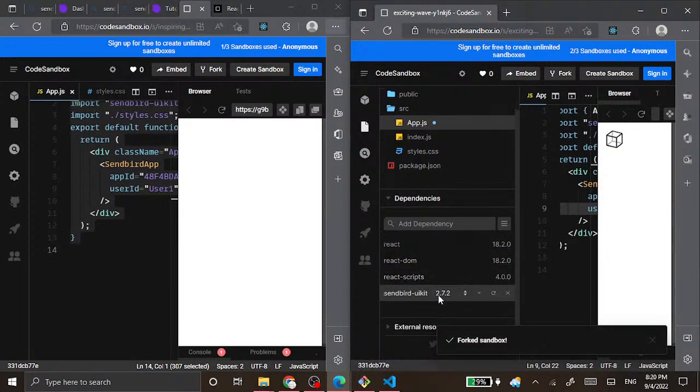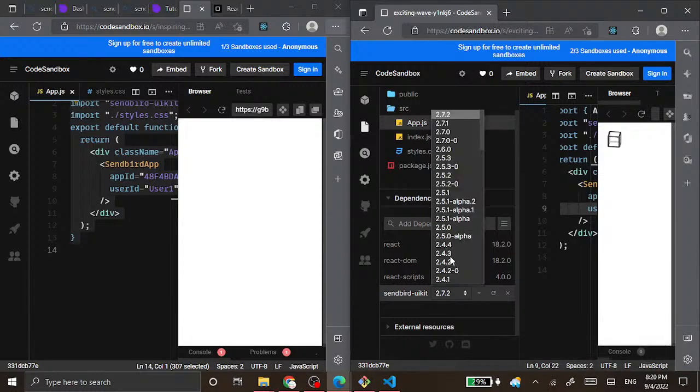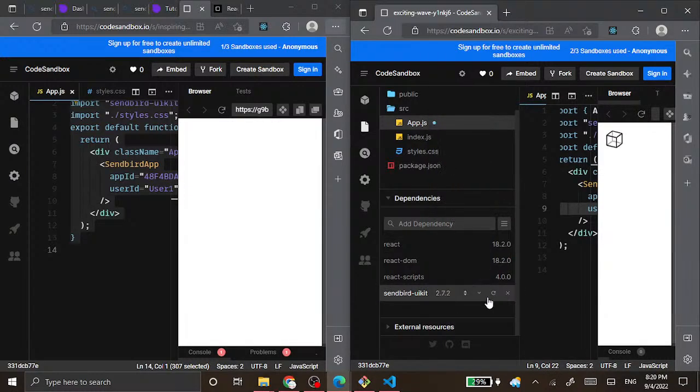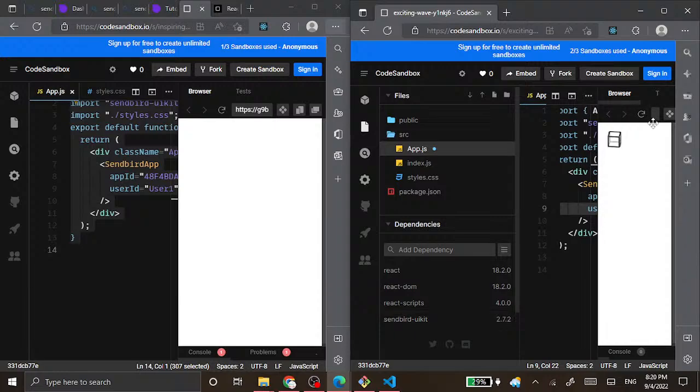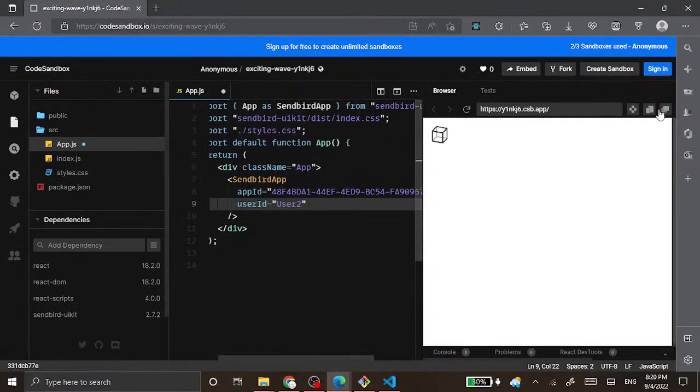So Sendbird UI kit is installing, and you can see in advanced using CodeSandbox, you have all these extra versions, right? So now we'll just open in a new window, or new tab at least,